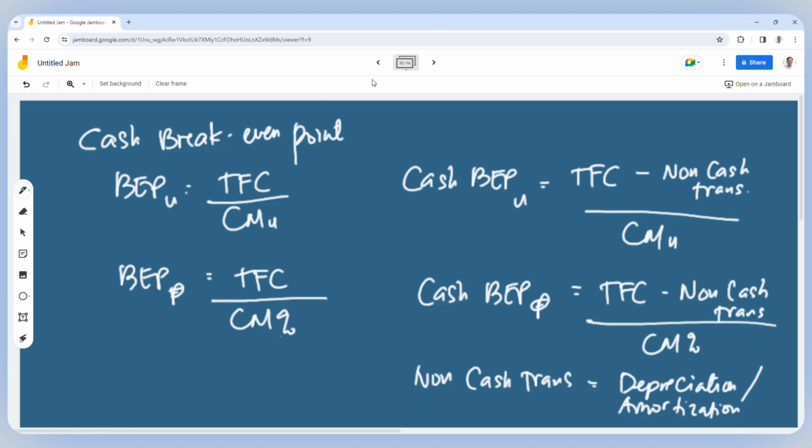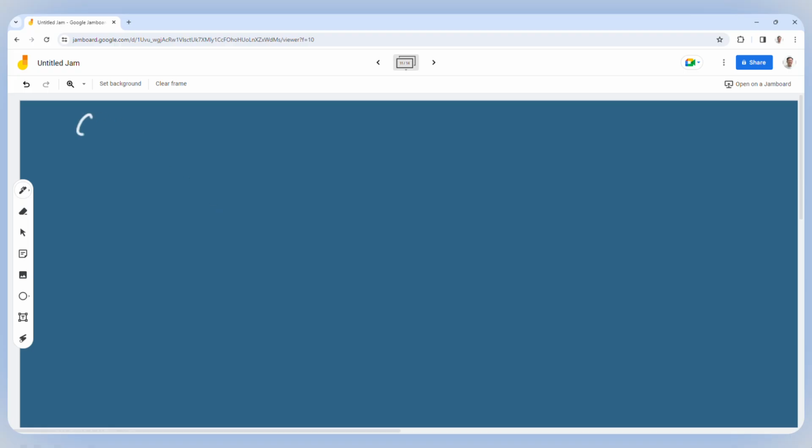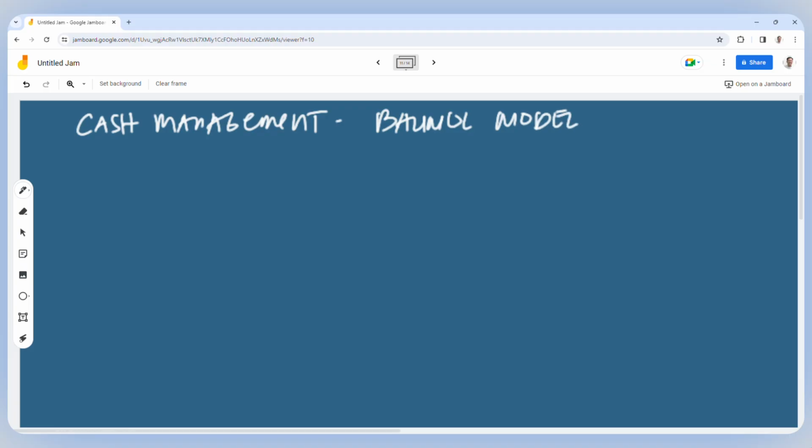Also class, under cash management, no? Very important class yung ating BOMOL model. Makinig class ha. So under cash management, very important here yung tinatawag nating BOMOL model. Class, what is BOMOL model? Okay? Class, meaning to say, the BOMOL model, no? You compute for the optimal cash balance. You need to compute for the optimal cash balance under BOMOL model, BAUMOL.